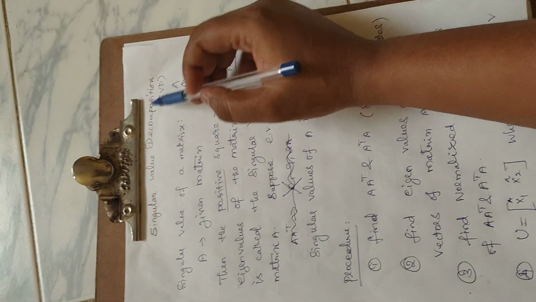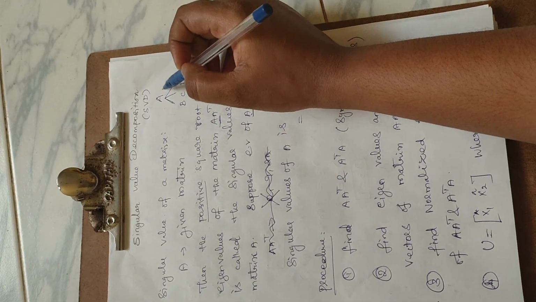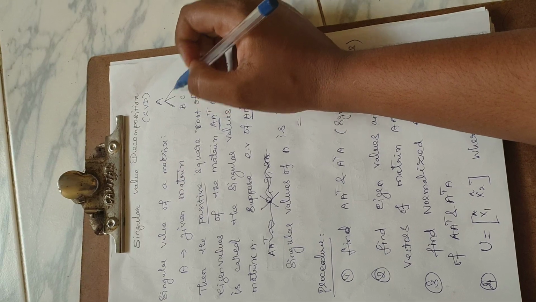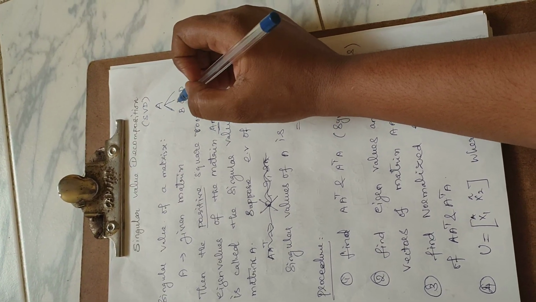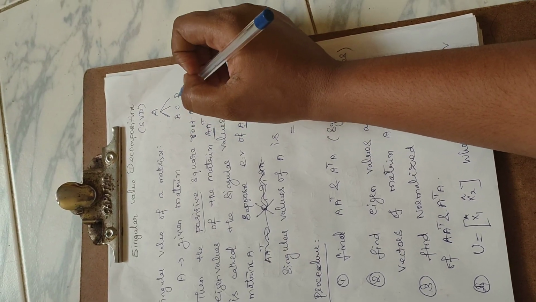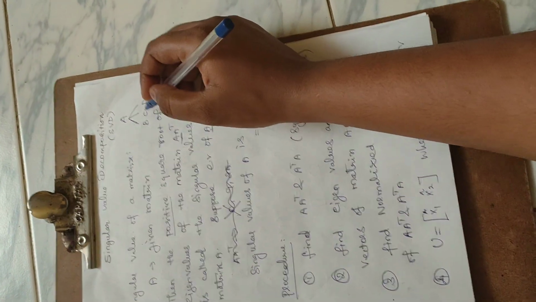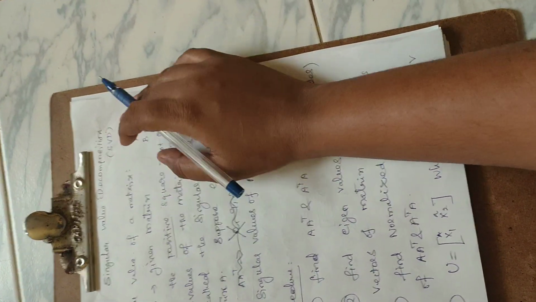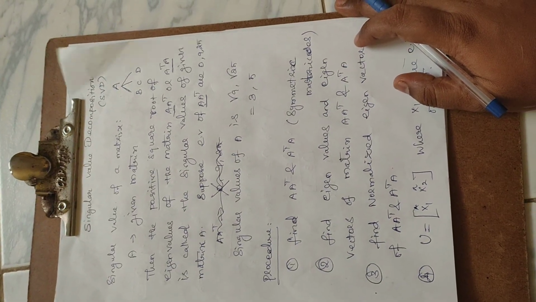Next, what is the procedure for finding the decomposition? So before that, the singular value decomposition is nothing but, for a given matrix A, we have to find a product of 3 different matrices. This A will be reduced to a product of 3 different matrices, that is BCD. So what is BCD? That is important. This decomposition plays an important role in image processing theory.